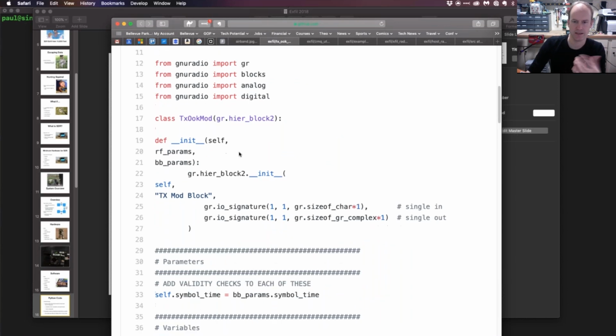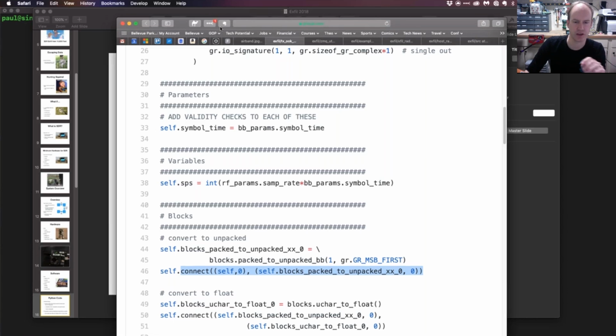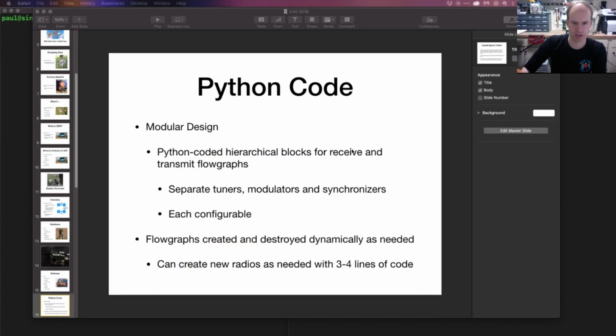And this happens automatically, you don't even look at it, but every time you run a GNU Radio Companion flow graph, it'll take all of that graphical stuff and just create Python representations of it. Each block will have an instance of itself with the parameters that you've set for it, and then they'll all be connected together with this connect function. And then it'll simply just run that Python script. That's really all that's happening when you are doing a GNU Radio Companion design.